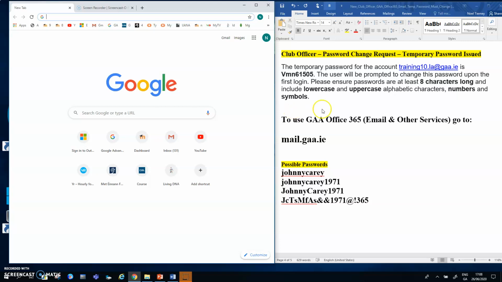So on my right-hand side, I have a case where a club officer, maybe a new club officer, has been issued with a temporary password for a particular email account. So the email account here is training10.la@gaa.ie, and the password for that account is there in bold letters: capital V, small m, small n,